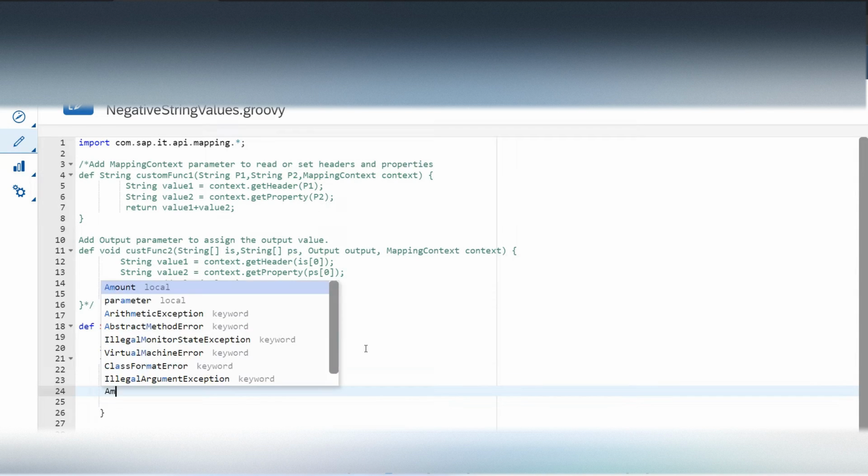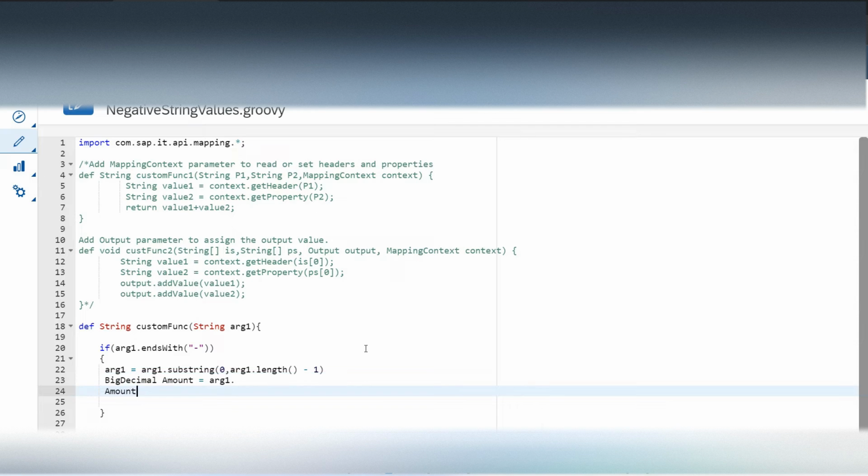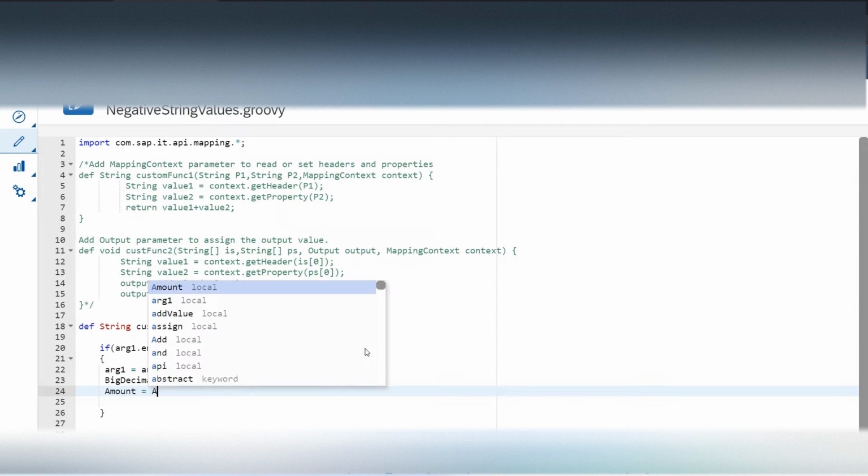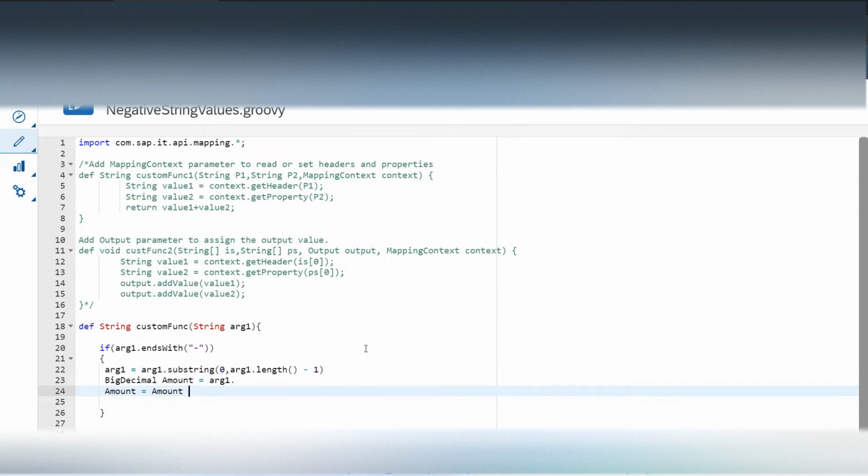And also in the end, I want to say that I really want to make it a negative amount. Okay, right? And